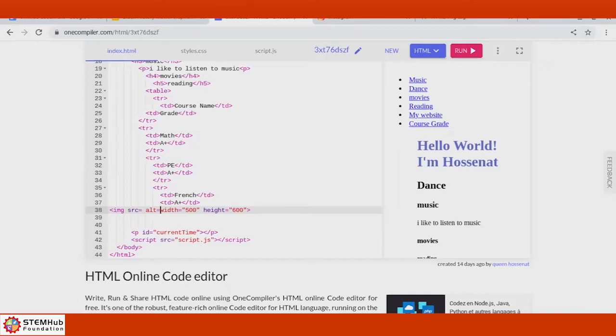Put your cursor before the 5. Put the cursor before the 5. What do you mean? Like to the left of the 5. You see where the 5 is? Put your cursor, that blinking line, to the left of the 5. Yeah. Now copy that double quote. Like highlight it. How do you highlight it? You have it highlighted? Yeah.